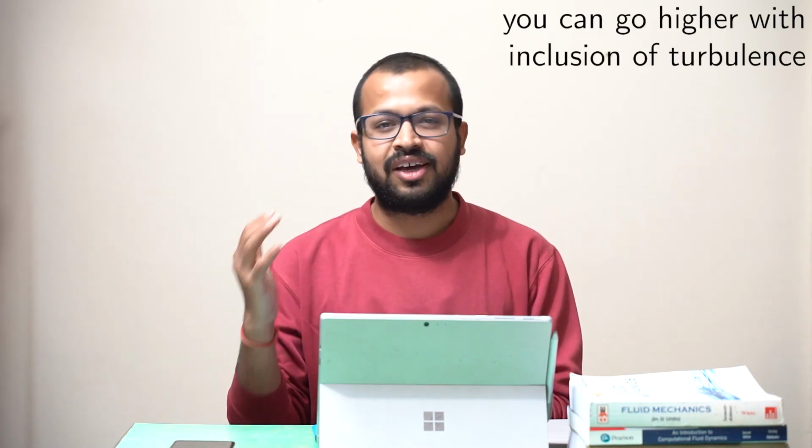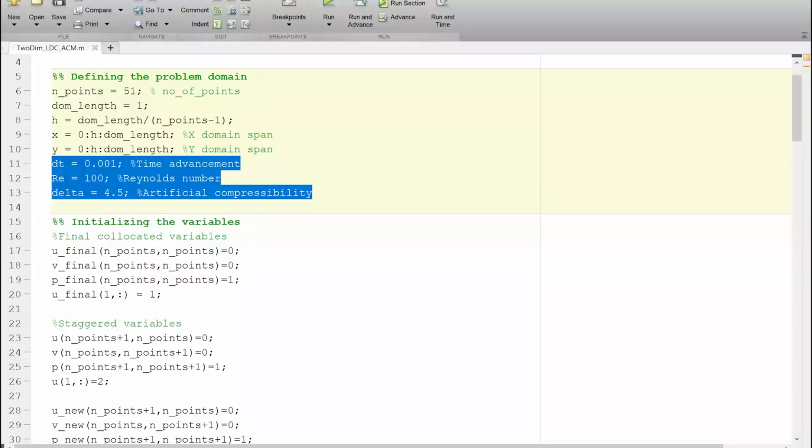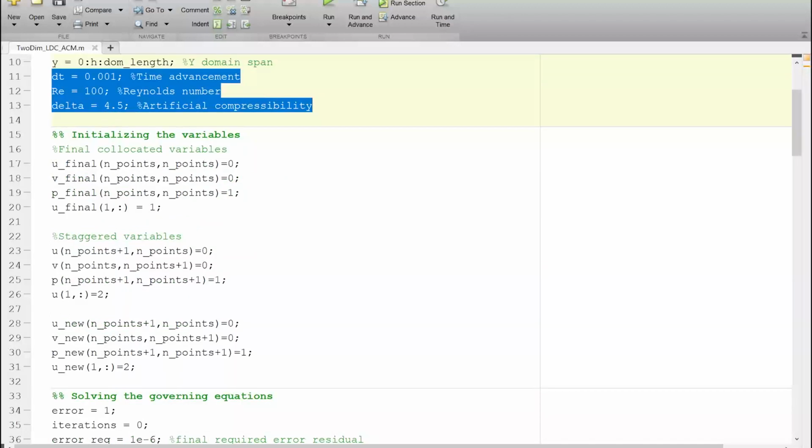So here I'm taking an example with the Reynolds number 100, because Reynolds number 100 is not a very high Reynolds number. So in general, the problem would be a little bit less non-linear, so it would converge a bit faster. So you can try it with a higher Reynolds number. We have benchmark solutions of Reynolds number of until 5000. So you can try for a higher Reynolds number, and you would see that the solution may not be very quick to converge, or you might have to play around with the delta x or delta t to get a converged solution. So once we have defined the problem domain, then comes about initializing the variables.